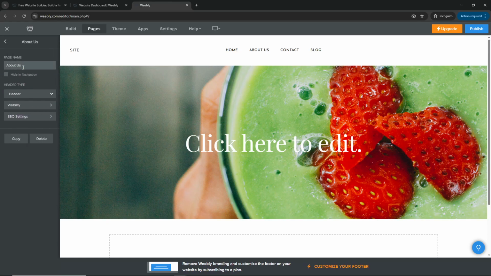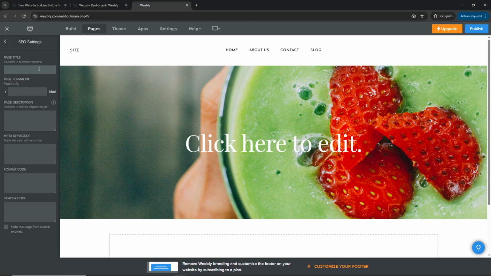Once you've selected your page, click on SEO Settings. This is where the magic happens for improving your search engine optimization. In the SEO Settings panel, you'll see a field labeled Page Title. This is where you'll type your optimized SEO title. This title is what appears in search results and browser tabs, so make it clear, concise, and keyword-rich to attract